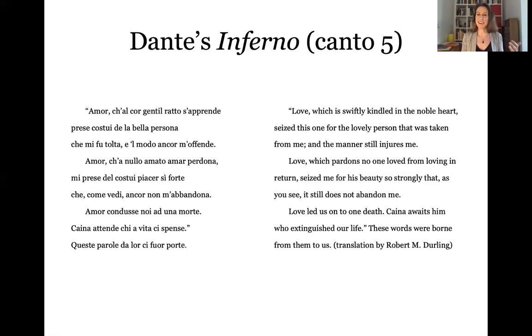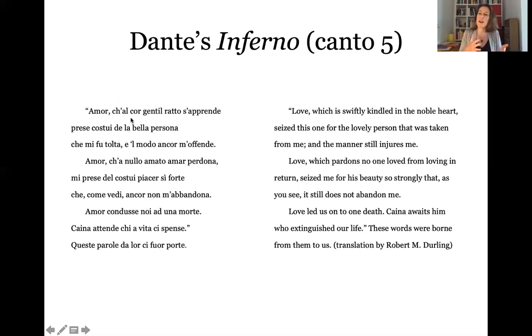So the sinner here, whose name is Francesca da Rimini, speaks very beautifully, and like many of the sinners in Dante's Hell, will trick us if we're not careful into thinking that these are wonderful people and none of this could possibly be their fault. And so here she tells us this beautiful story about love and how she was hopelessly subjected to the powers of love and really could do nothing to prevent herself from following love's dictates.